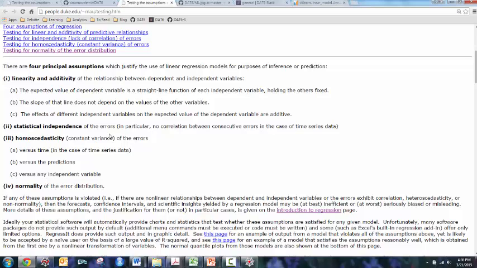It doesn't assume that height is normally distributed, which it generally is. What it instead assumes is that for a given age, for young children versus for teenagers versus for adults, let's say 30, 20, and 10. For 10-year-olds, height is normally distributed. For 20-year-olds, height is normally distributed, et cetera, et cetera. And so